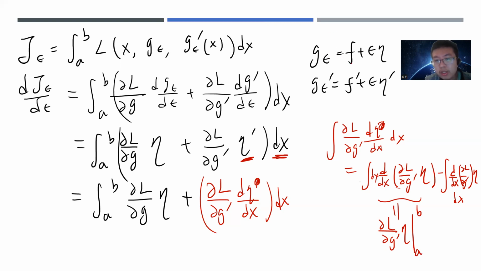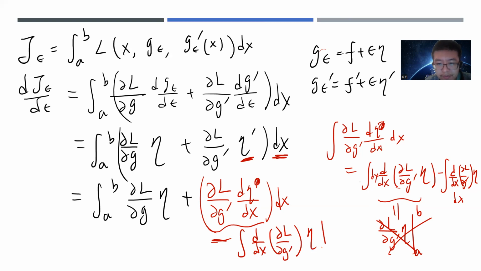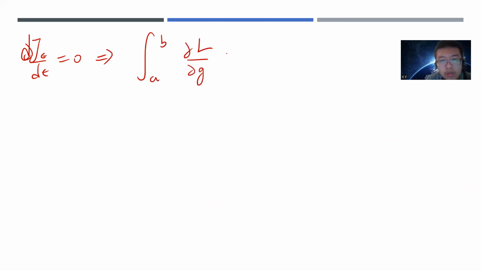Because by my constraint I need to fix g epsilon and f epsilon to be f at the boundary. So the boundary is a fixed point, so this term will be 0. So that means this integral can be replaced by minus d dx partial L partial G prime eta dx. Okay, so you combine both, then you get the following, right? If you do dJ d epsilon equals 0, then you can derive the integral from a to b of partial L partial G prime minus d dx